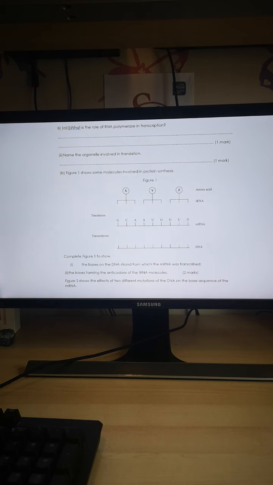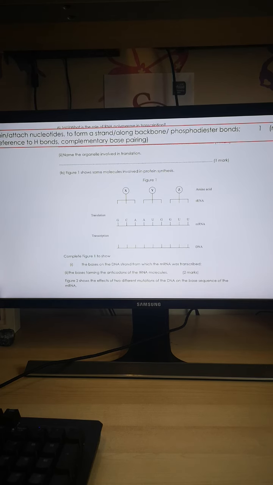Okay, right, moving on to question 6 in your question pack then. Okay, so first of all, what is the role of RNA polymerase in transcription? Got to be careful with this one. I would be really detailed. Okay, so if you have a look at what they've got in the mark scheme, I would say joins adjacent RNA nucleotides together